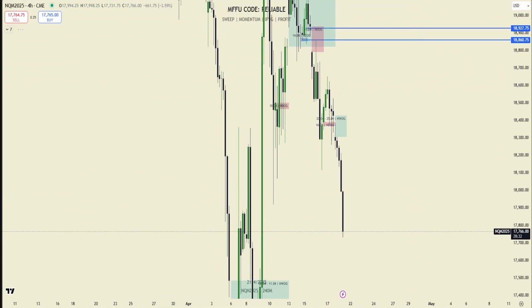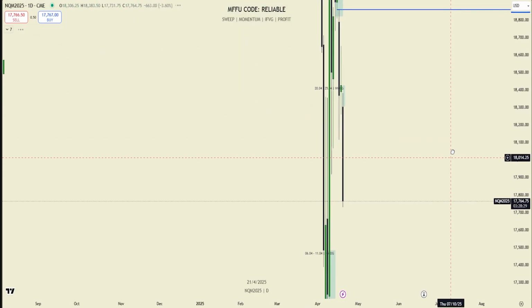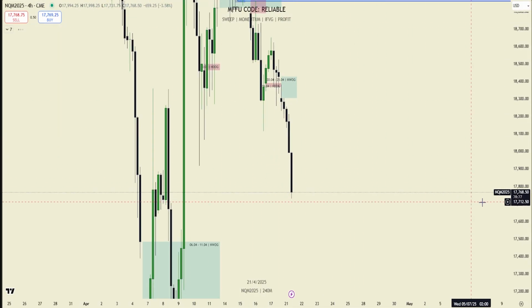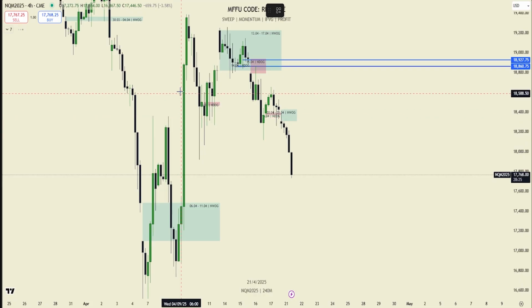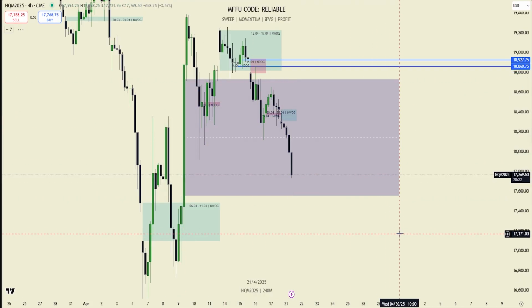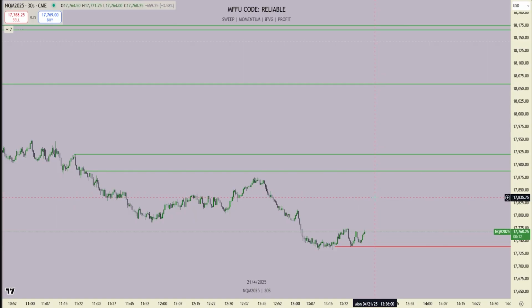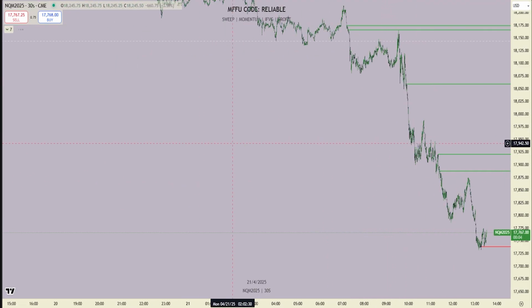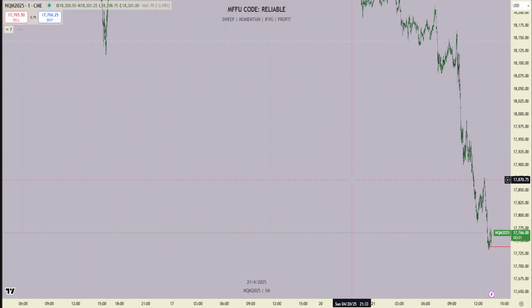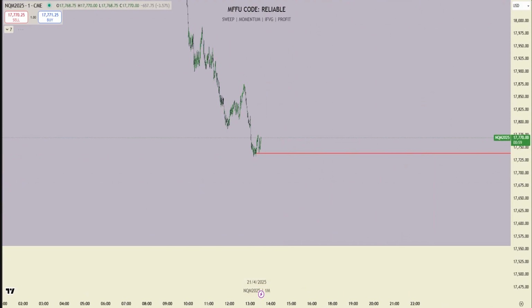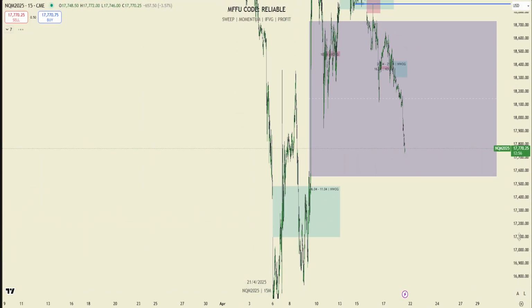As far as bias goes today, I'm bearish. It looks like we are going to inverse this 4 hour to the downside and probably go retest those lows. I did average in today for my long term, like I said I would. I bought three different index funds, all at different prices. Yeah, I bought once we got below here. So I'll probably just continue to dollar cost average on our way down.